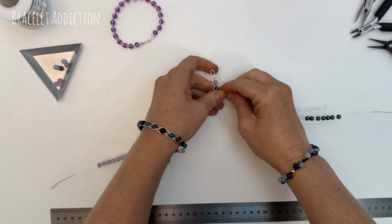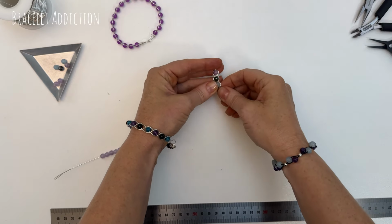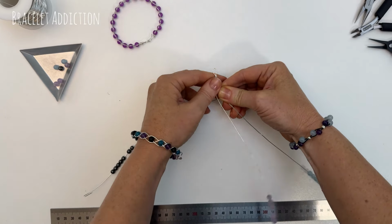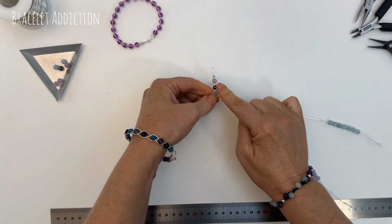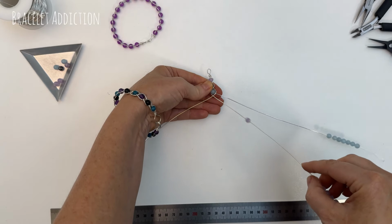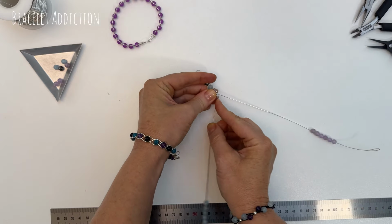Right side wire comes around, over and into the middle position, gently bending that wire. Left side wire comes around, over and into the middle position. I try and hold it all quite tight and straight at the top here, and you'll see your beautiful braid start to form. So this light purple's in the middle position, so sliding that 1 bead up, right side wire